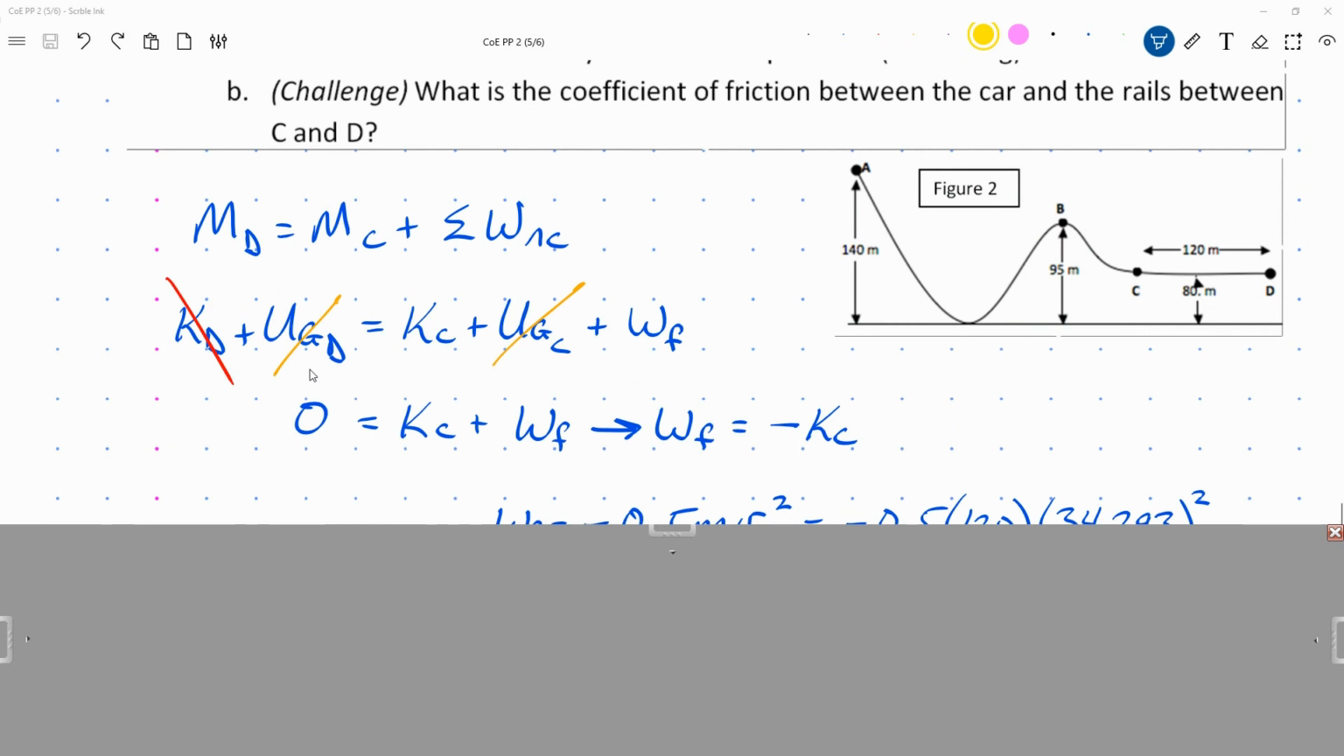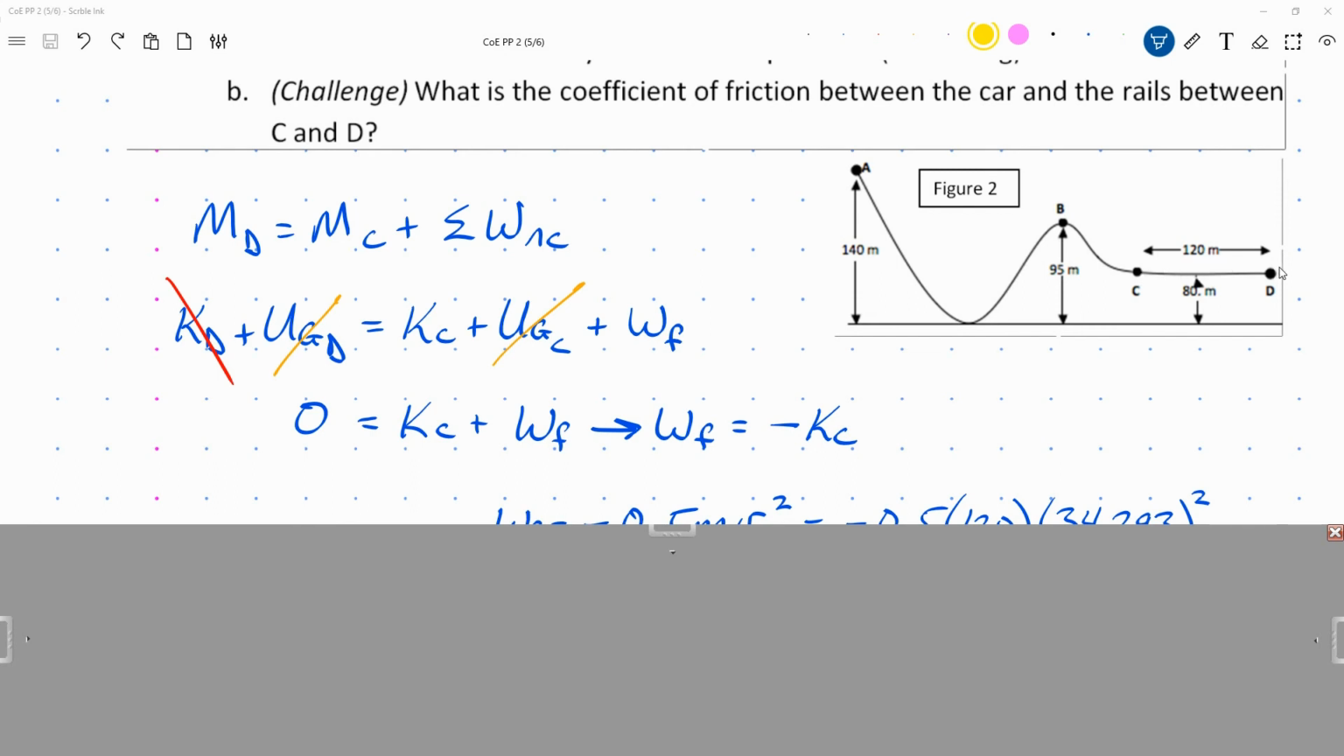Okay, so that gives me nothing left over on the left side of the equation, and what remains on the right side is kinetic energy at C plus the work done by friction. That means that the work done by friction is the negative of the kinetic energy it had at point C. And that makes sense because however much kinetic energy it had at point C, friction is ultimately going to remove